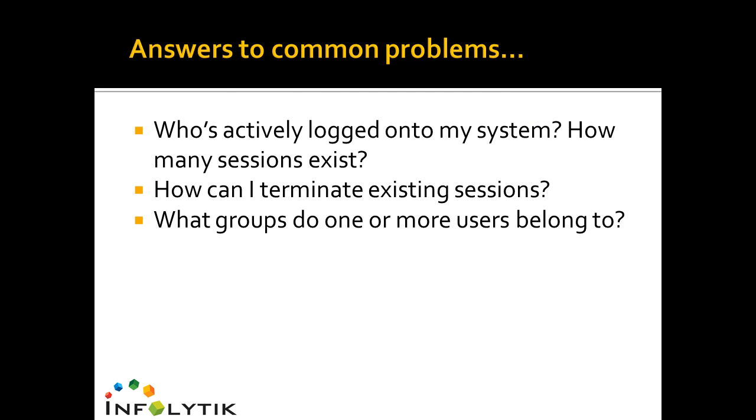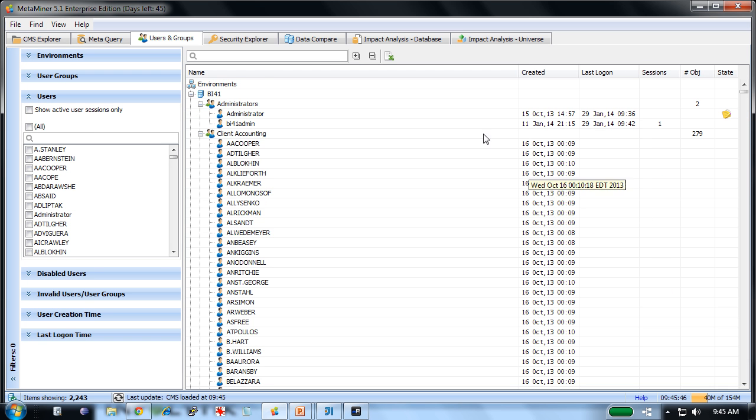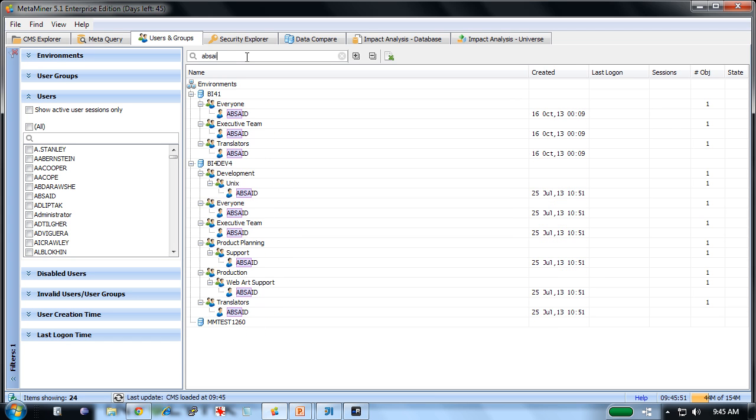Our next question is, what groups do one or more users belong to? Going back to our tab, now I can use the option of free text search. I type in a username, and when I do that, you'll notice that my entire user group tree filters down to just that string. When I do that, you can notice very clearly in BI 4.1, AB Syed is only part